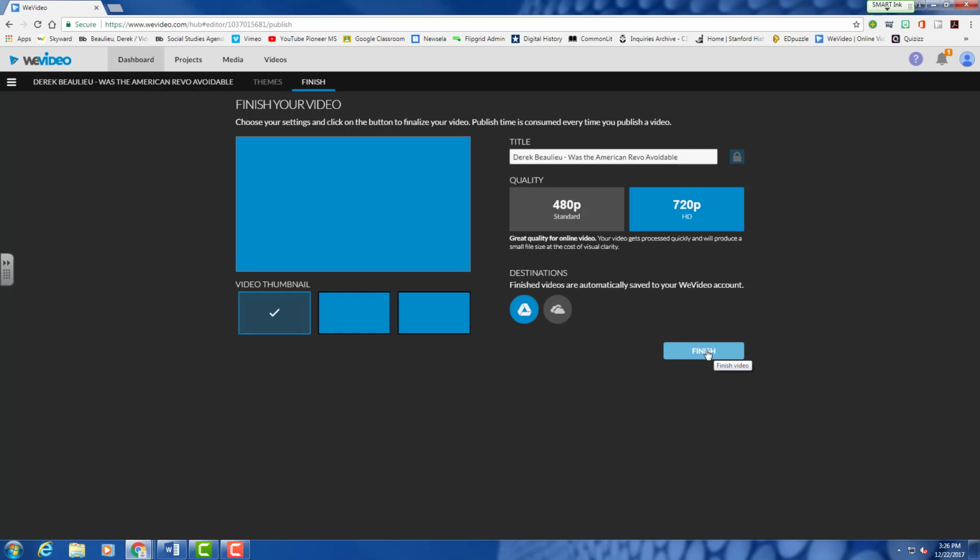And then it will take a little while for the project to render. You can just leave it open and let it render along. Make sure your computer doesn't fall asleep, so move the mouse around every once in a while. But once you've got it completely done and rendered, how do you actually turn it in